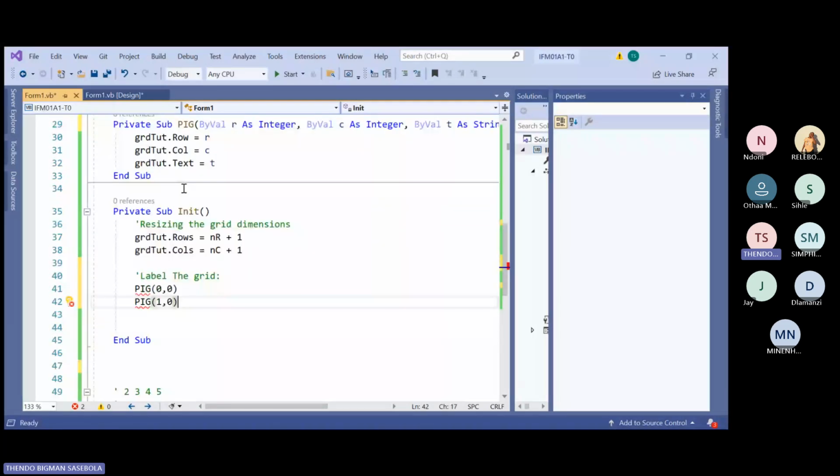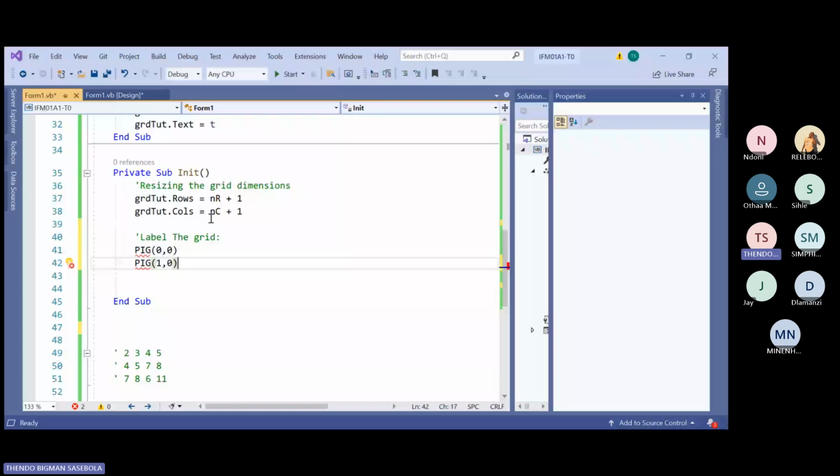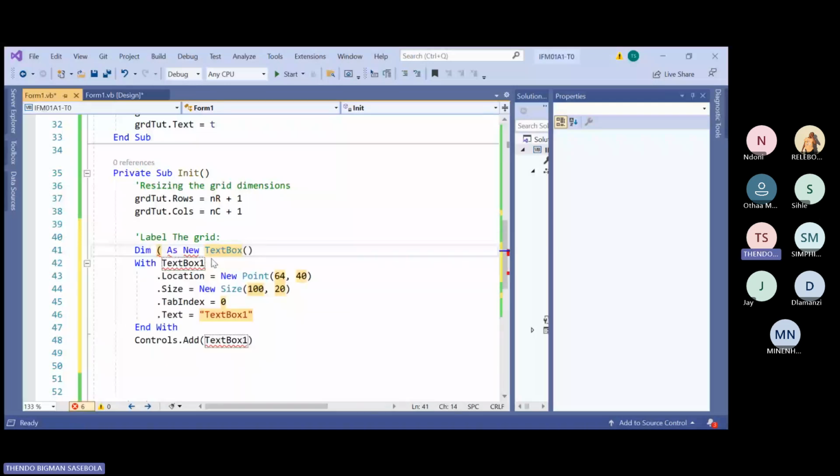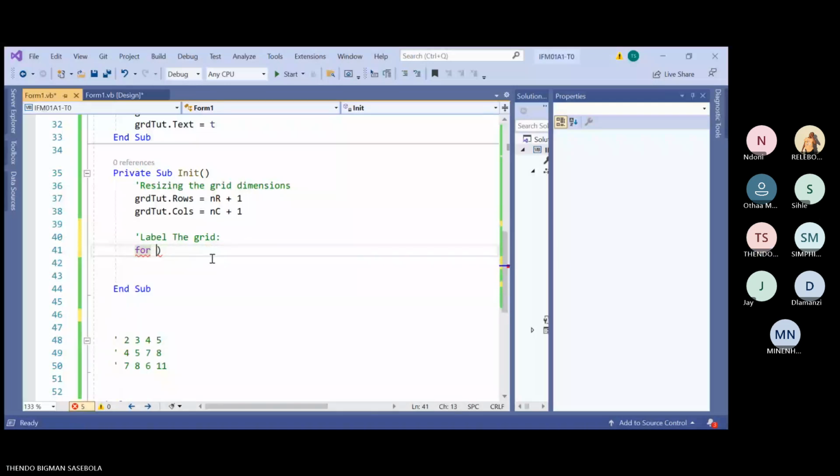Just like this one, it is not efficient. So we might want to use a loop, because we realize there is a sequential pattern here. It moves from 0 to 1 to 2. So let us use a loop, because that's faster than doing this. Let's use something like C, or R as integer is equal to 1 to